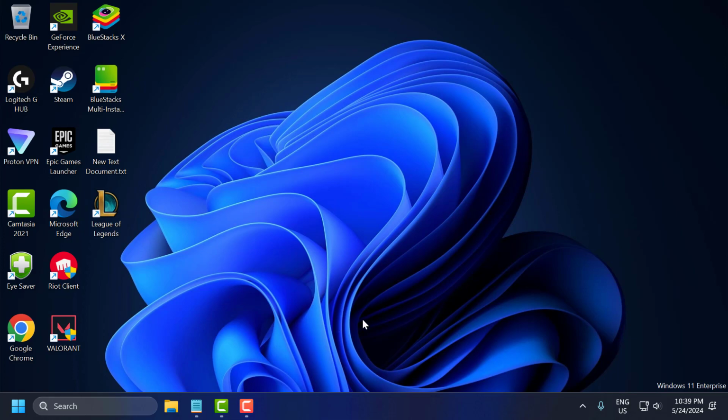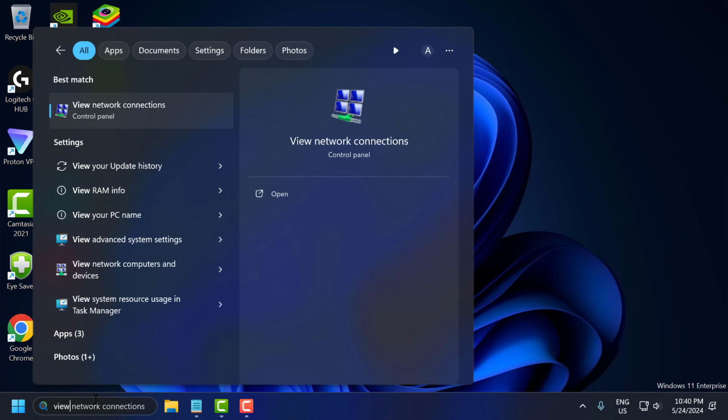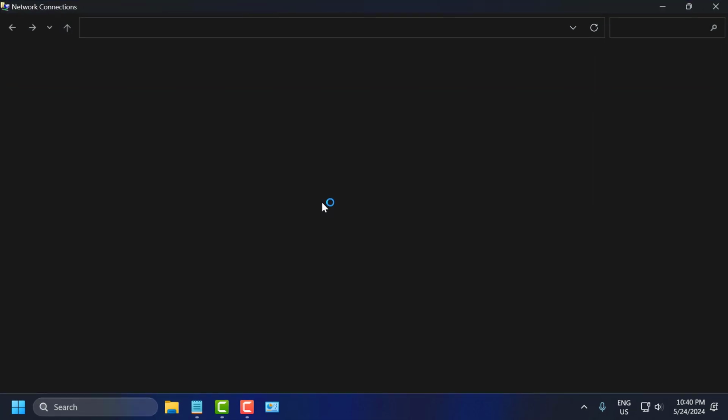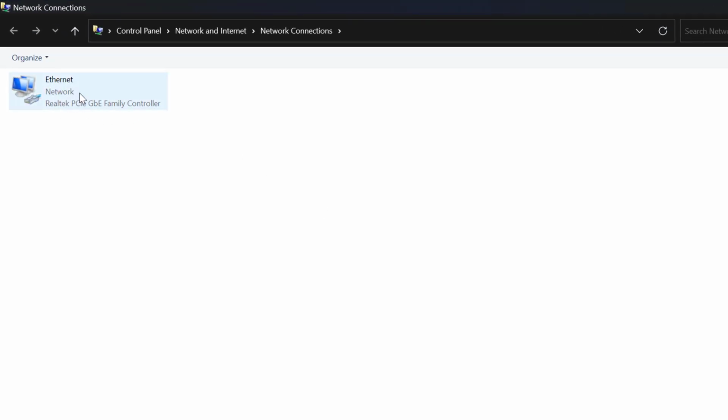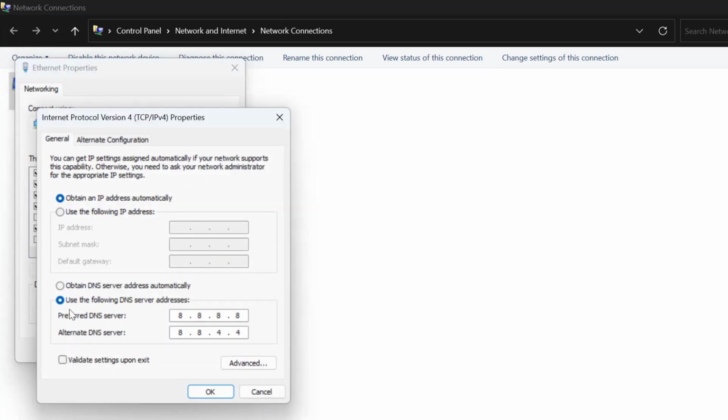The third solution is to configure IP settings manually. Setting the address manually can sometimes resolve the issue. To do this, go to the search menu and type view network connections. Click to open it. Right click on your Wi-Fi connection and select properties. Select Internet Protocol Version 4 and select properties. And you just need to select use the following DNS server addresses and type here